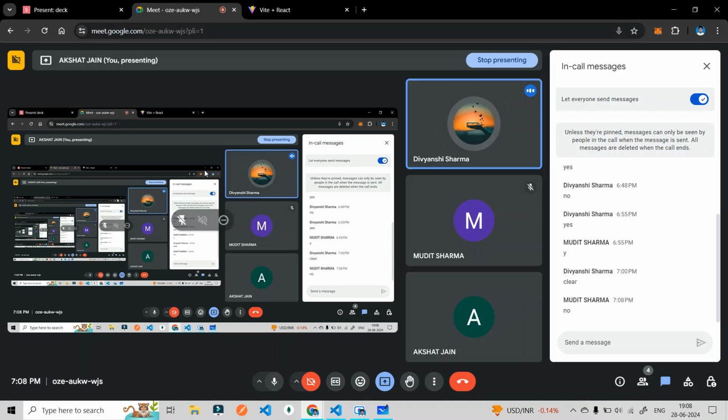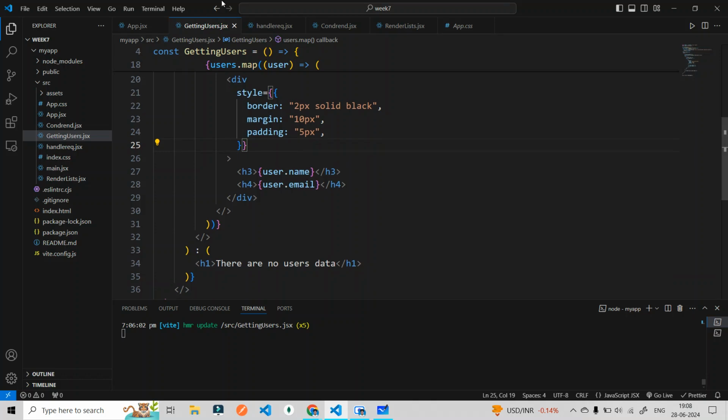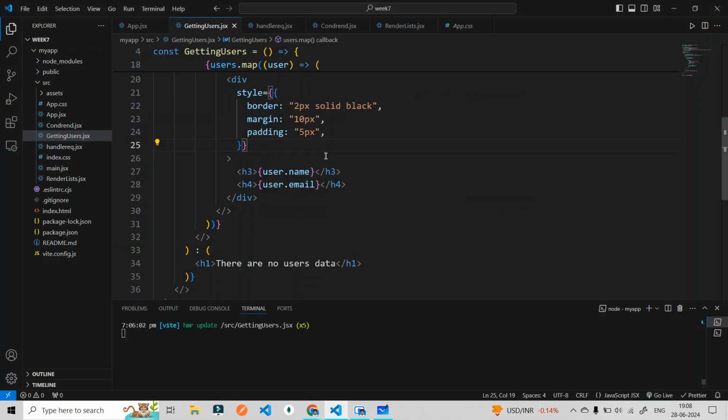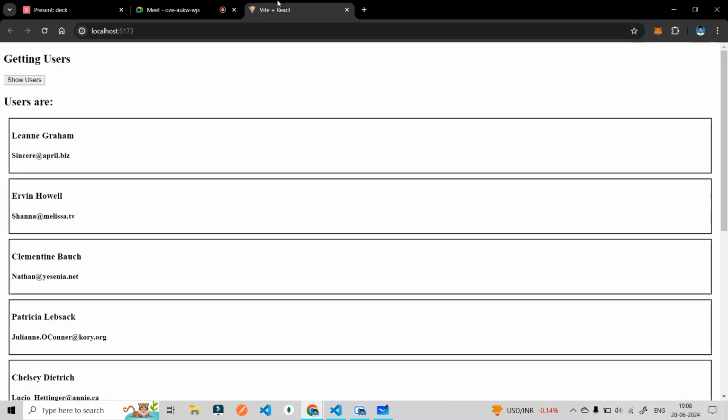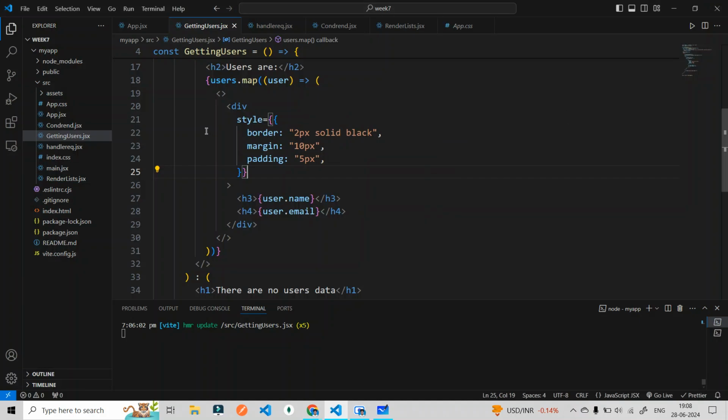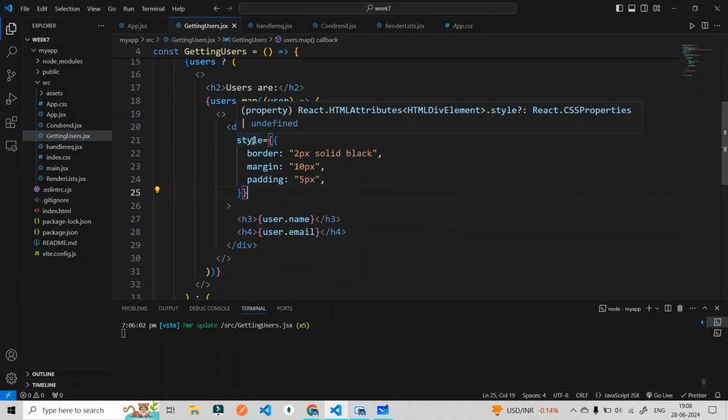Here you have not used the key prop, yeah, okay. And then too it is not showing any warning. Why so? Because the topic we have covered here was the rendering list. So see, it is not showing the error. Why? Because